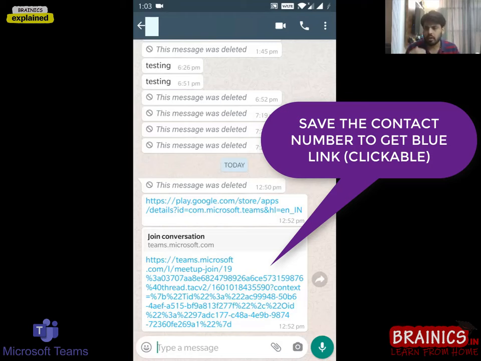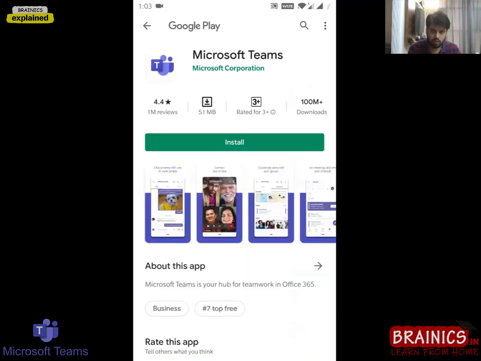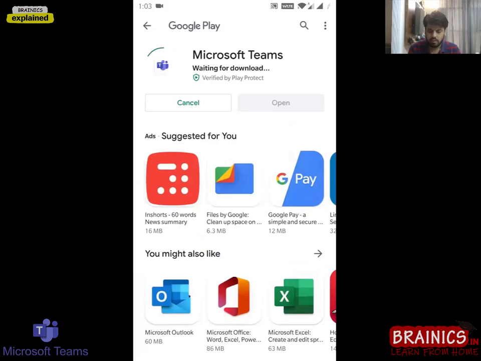If you are a laptop user and want to take classes through a laptop, I will discuss that later. It's very similar. There is only a difference in sending the link to that respective device. So I'll click on the first tab to install Microsoft Teams on my mobile. As soon as I click on this, I will be redirected to my Play Store, and you can see that over here. I'll click on install, and the application will be installed on this device.